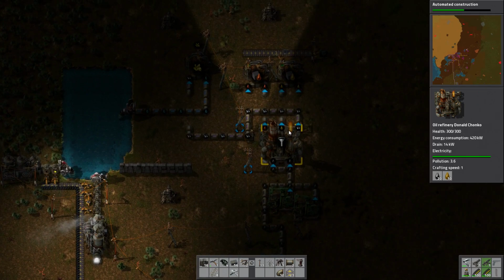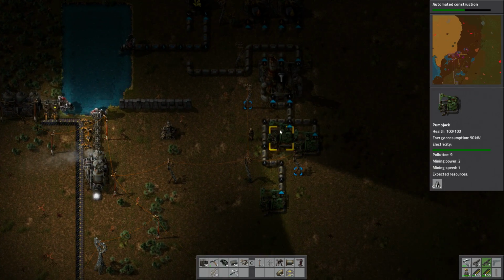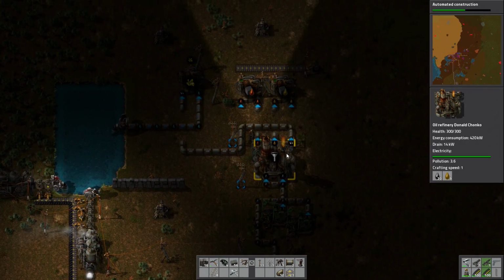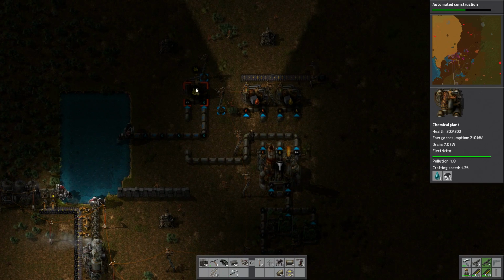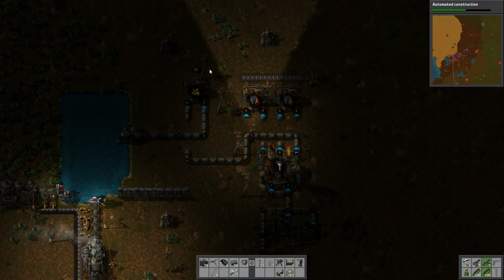Here I've got... I just built this last night, too. This is an oil pumping facility that's powered by this stuff over here. It pumps oil into this refinery, and then I'm using pipes to bring it over there. I'm producing sulfur because I need to make...